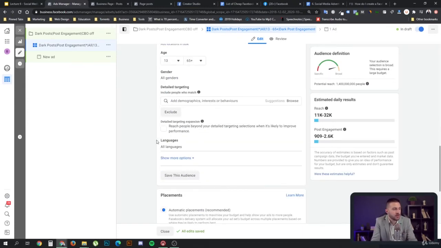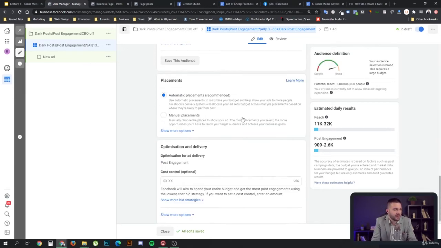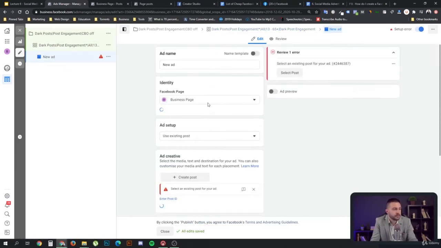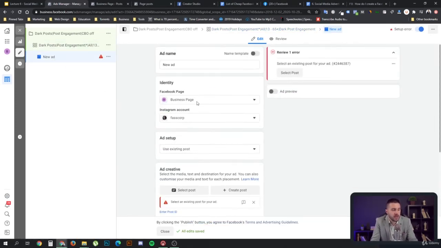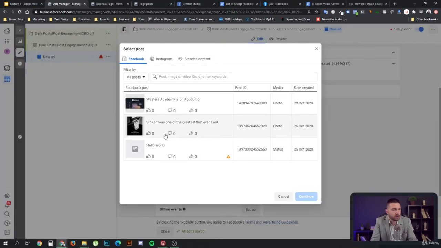You can also click the reach people beyond your targeting expansion. Since we don't have any detailed targeting, it's not going to matter, but anyways, you want to leave the automatic placements on because you want to be able to show that everywhere where it's possible. And then you go to the ad. When you go to the ad, you need to select your Facebook page, and you want to use an existing post. And then when you go to select that post, you will find that dark post over here that is not going to be